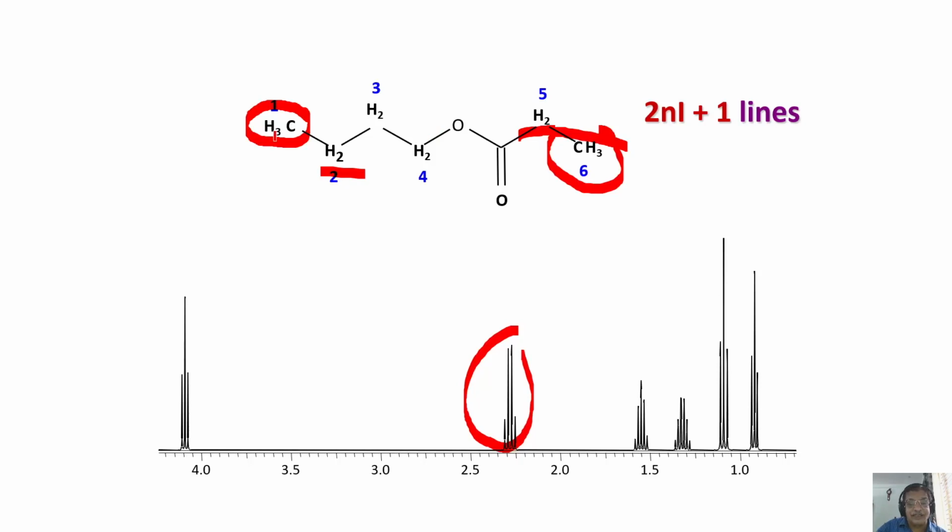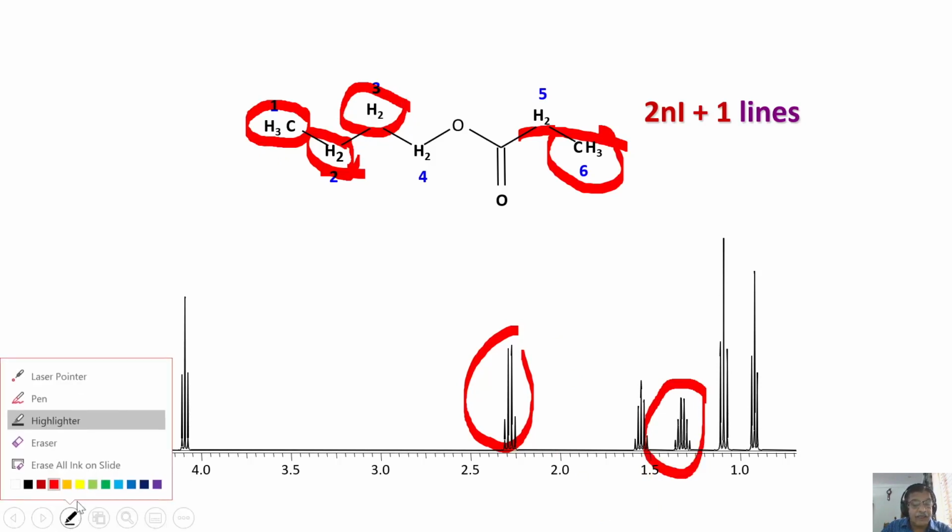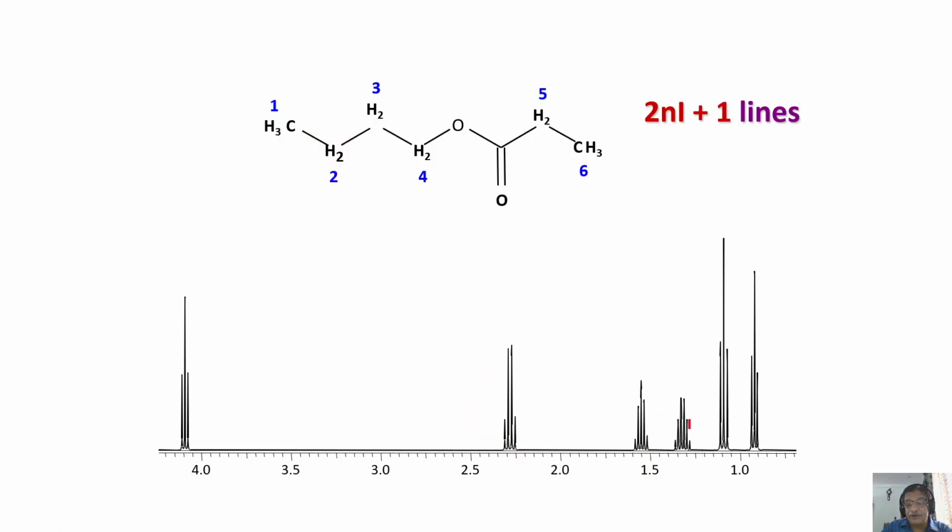Alternately, look at this CH3. This is coupled to CH2. It's a triplet. One of them we will see later. Come to this proton. This proton is coupled to CH3 and it's a quartet. It is also coupled to CH2. What does it mean? Each line of the quartet will become a triplet. It's a very complex pattern. Where do you see that complex pattern? It is here. Now the question is, why not this?